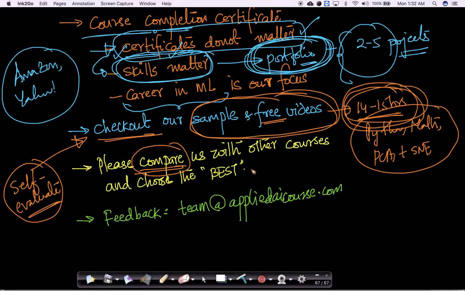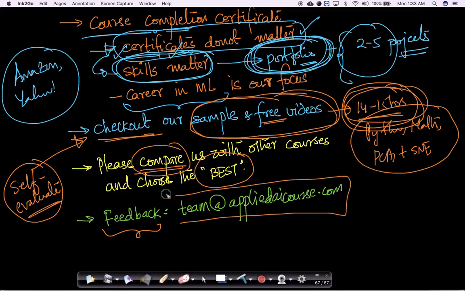So I want to have the best instructors, the best mentorship, the best query resolution, all of that. So please compare us with other courses and choose the one that best suits you. We strongly encourage our students to do that. And any feedback you have about our course, please send it to us. Just please email us your feedback at team@appliedaicourse, because it is through students' feedback or potential students' feedback that we